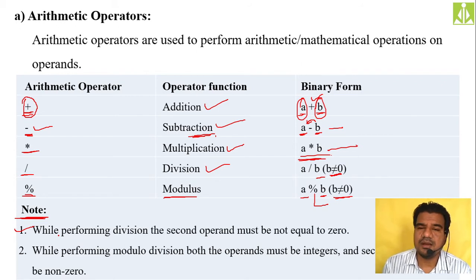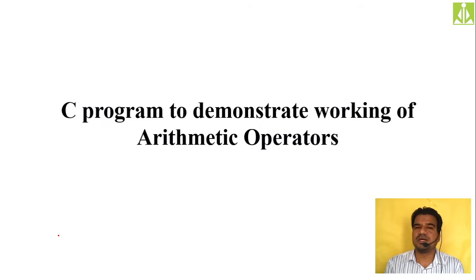Okay, so these are the arithmetic operators: arithmetic plus and minus, which represent addition and subtraction, then the asterisk symbol which represents multiplication, forward slash for division, and modulo division. All these are different symbols used to perform arithmetic operations. To demonstrate these arithmetic operations, we have a special program. By seeing that program, you will understand many things. But as of now, we have not done any practical stuff, and you are completely unaware of the IDE concept and other things.